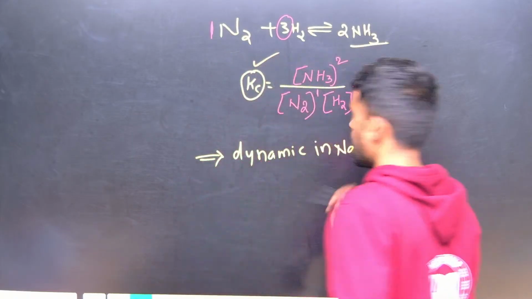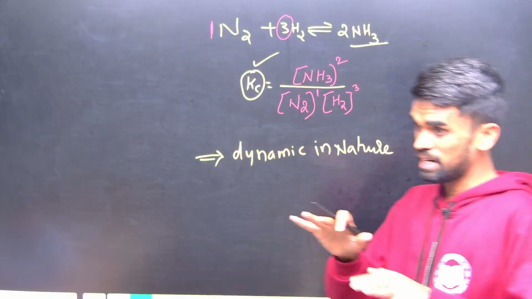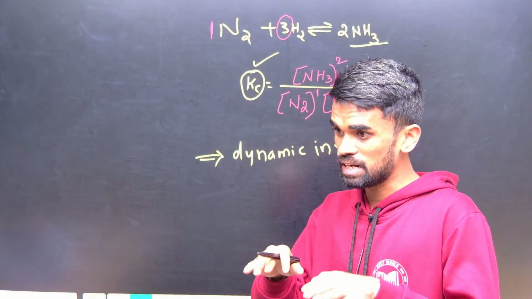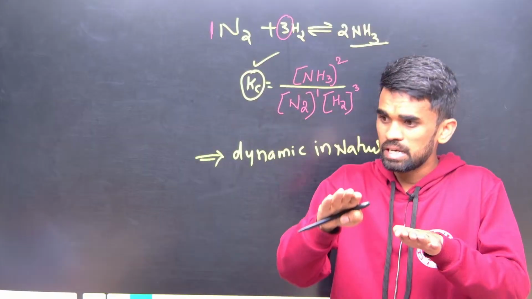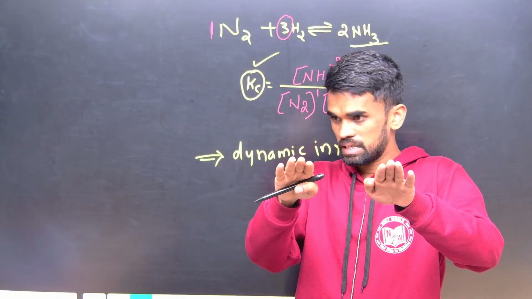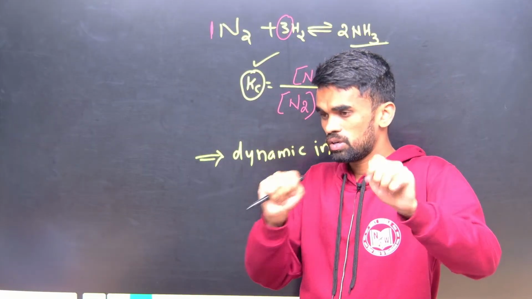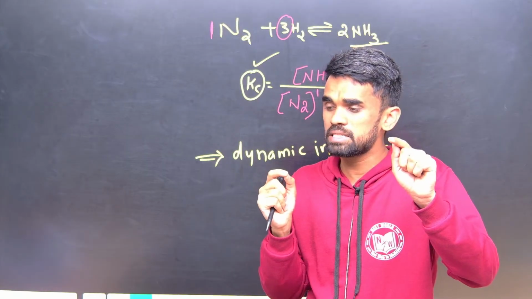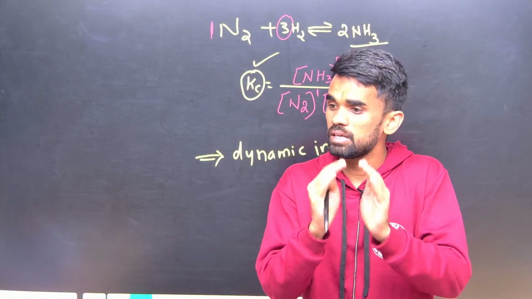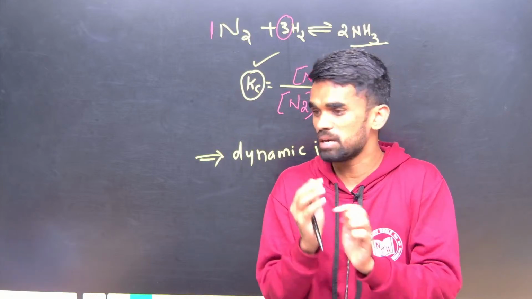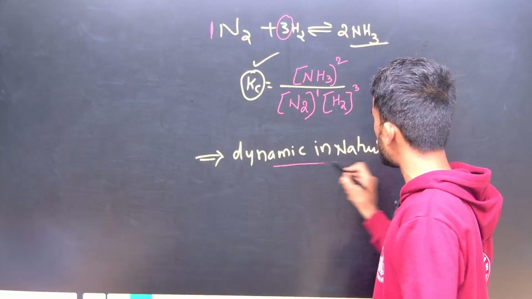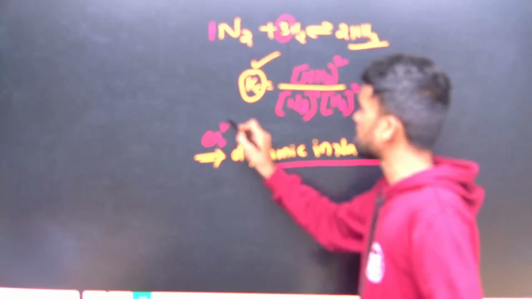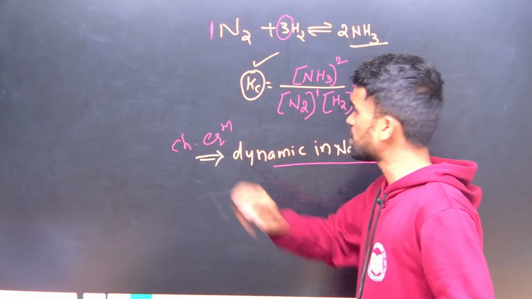First of all, have you ever observed the escalator in the malls or anywhere? Escalator. Okay, so now what happens? One goes up and the other comes down. The process keeps on taking place continuously, but the value remains the same. So whenever I told you equilibrium is dynamic in nature, chemical equilibrium is dynamic in nature, it means